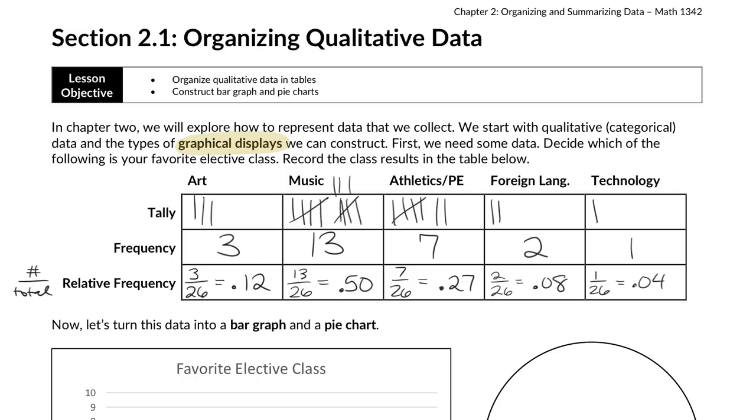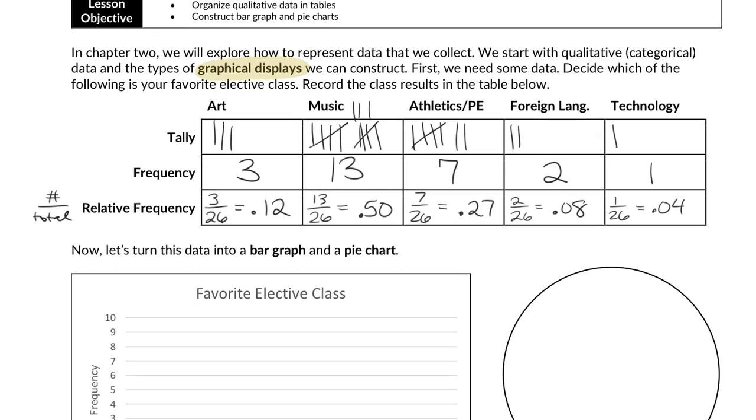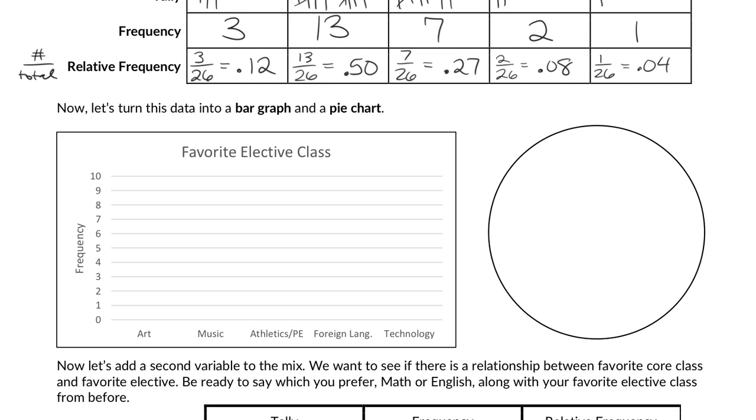Once we have these things, this is where we can start with qualitative data, summarizing it into the classic bar graph and pie chart. I know we know what these are, yes? We've used these since like elementary school. There were more people who responded with music as their favorite than I even left you space on this, so we're going to go a little off grid. That's okay, we can pivot.